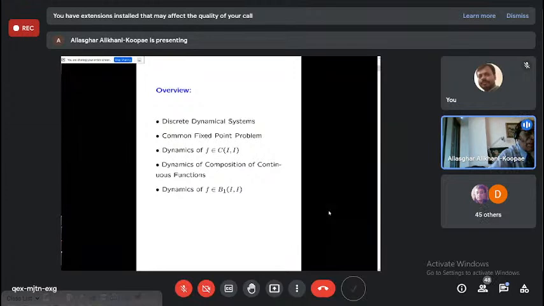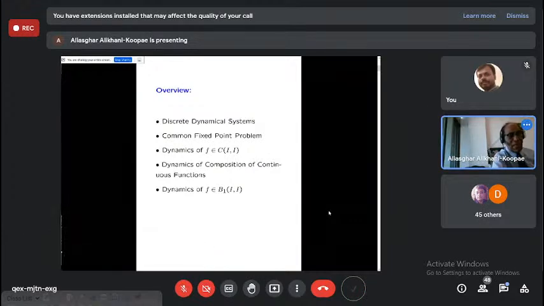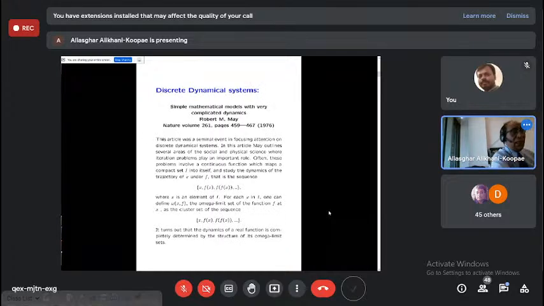Discrete dynamical systems have always been a part of mathematical analysis, and lots of people in the past have worked on these things. However, it was not called by this name. The interest in this area started with the paper of Robert May, published in the journal Nature, with the title Simple Mathematical Models with Very Complicated Dynamics. In this article, Dr. May